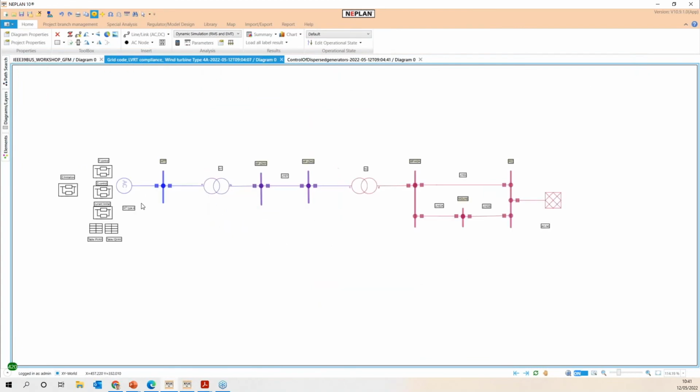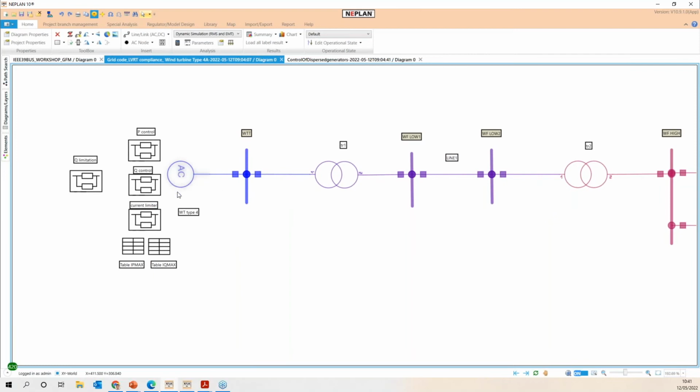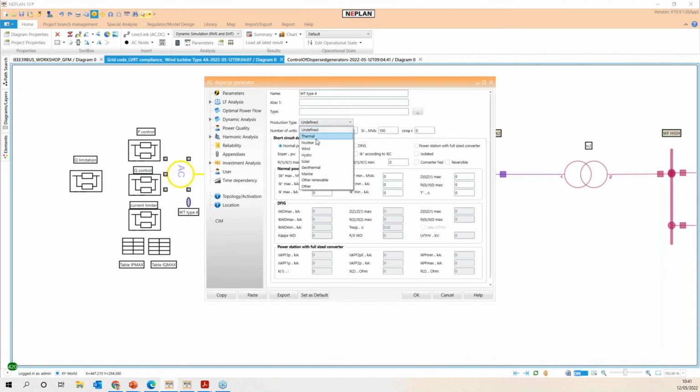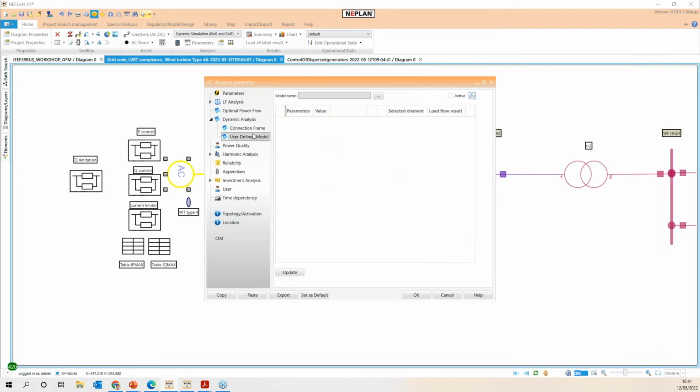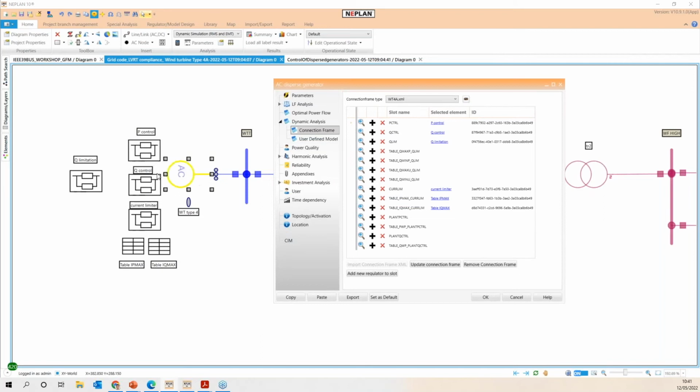Well, let's talk about the low voltage ride-through events. In this case, I am showing an example for the specification of the impact of the connection of a specific resource. We can consider different kinds of resources. And what we have here is a framework related to the specification of the active control, reactive control, and the limitations on the current or the limitation of the active power.